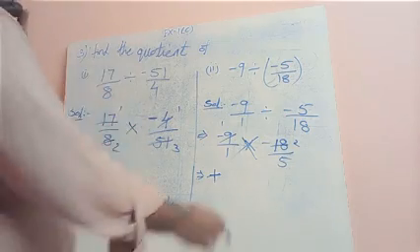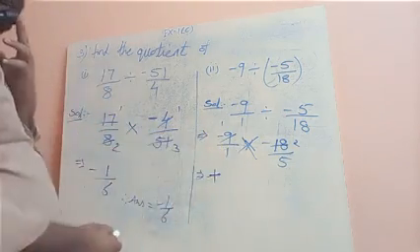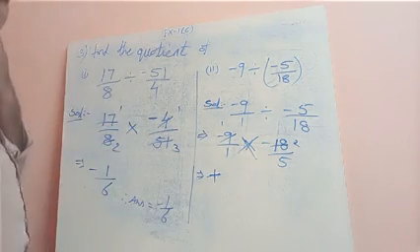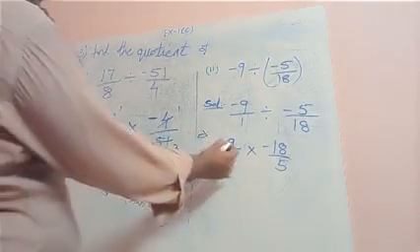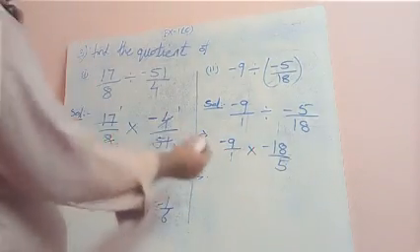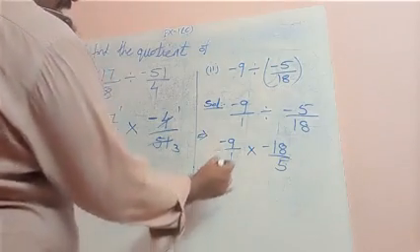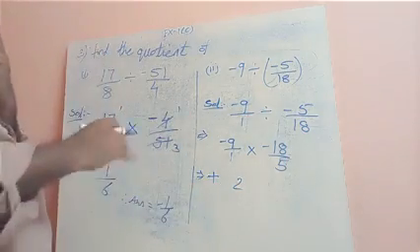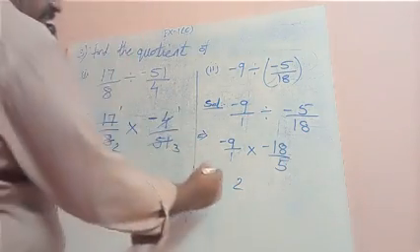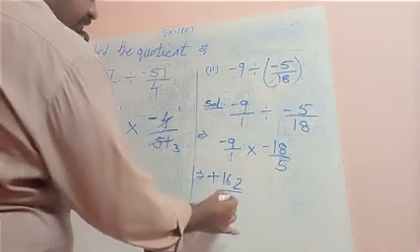Actually the sum is minus 9 by 1 into 18 by 5. Again I am writing that. See here, so here is our sum now. We should not cancel 9 and 18. Now the sign is plus, 9 into 18. 9 eights are 72, 1 nine is 9, 9 plus 7 is 16. So the answer is 162 by 5.